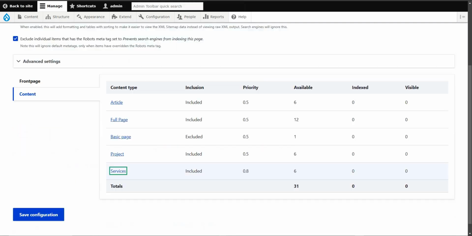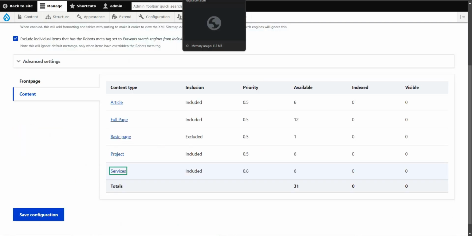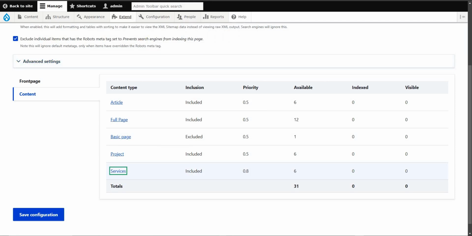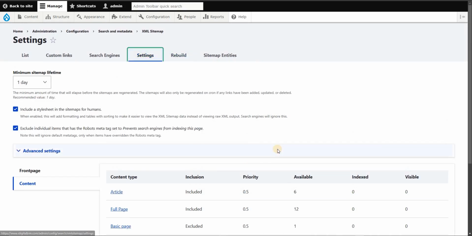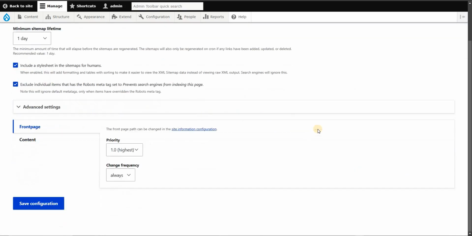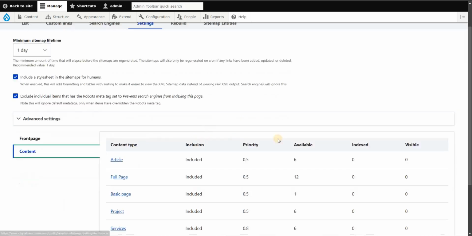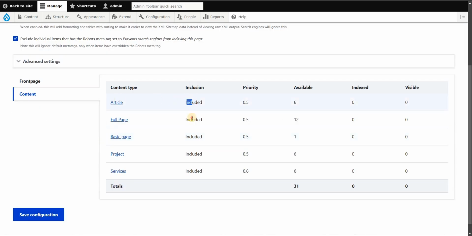And after doing all those, we would now want to refresh this page, going back again to settings. You can see now that on the content, these are all now included and the priority is set. And of course, the available URLs that can be included in the sitemap. Right now, as you can see, these are still 0, meaning they were not indexed,